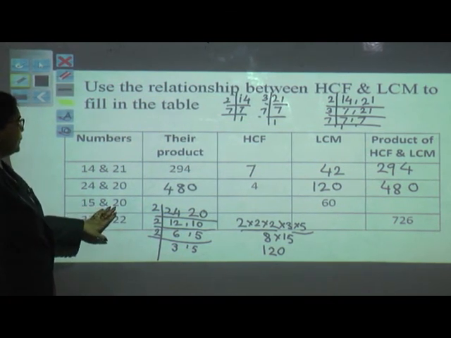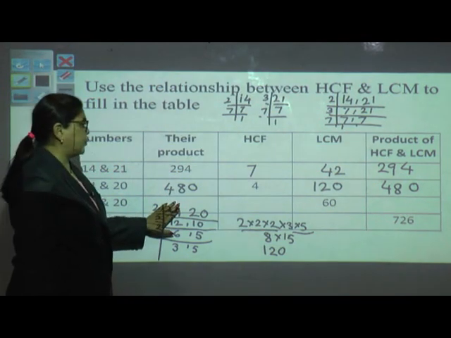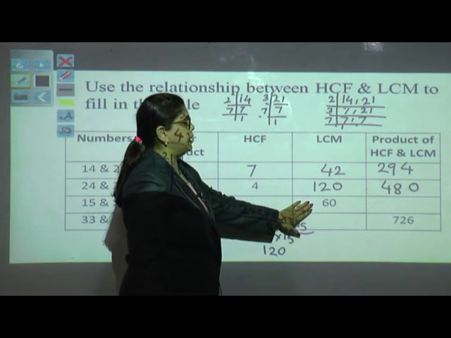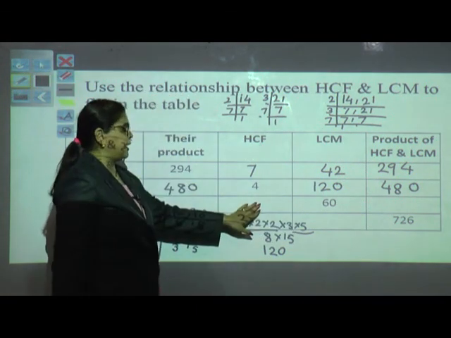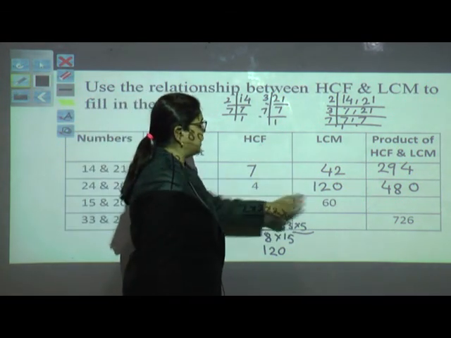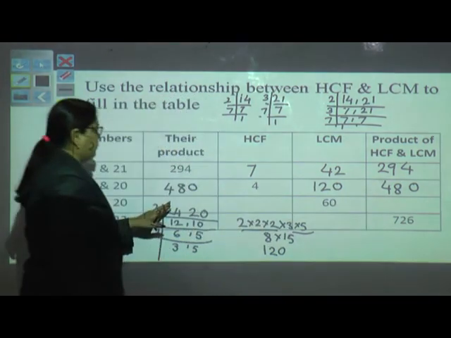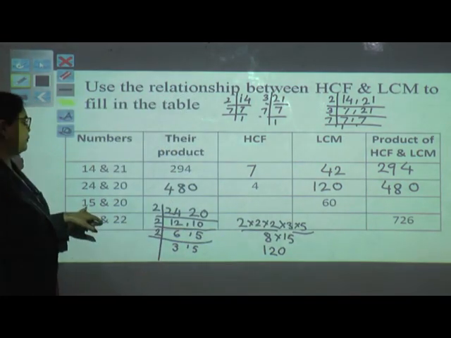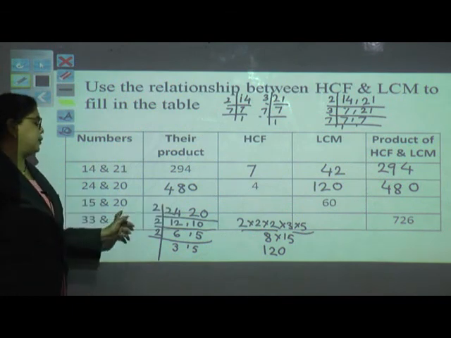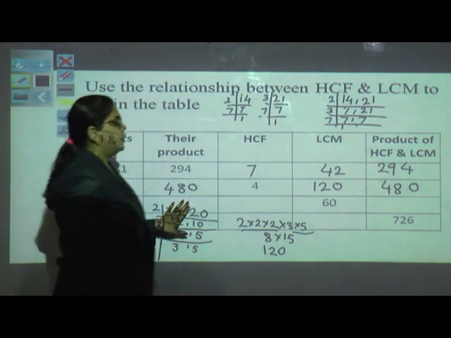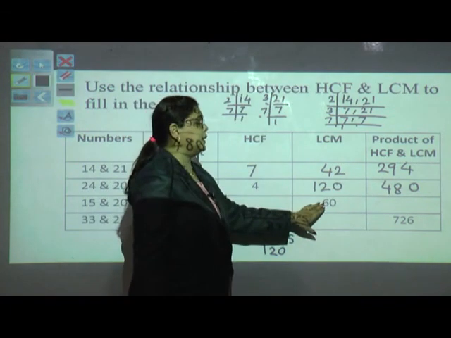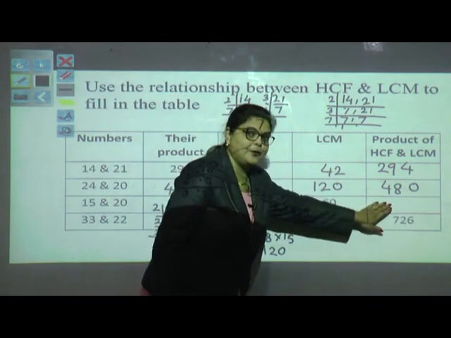In the third example, we have to find the product, and we have to find the HCF. LCM is already given to us. When we find this HCF, you will multiply this HCF and LCM. That will be very similar to the product you are getting, which is 15 2s are 30 and 0. So this is 300. Here what will you get? 5. So 5 6s are 30. So here also you will get 300.